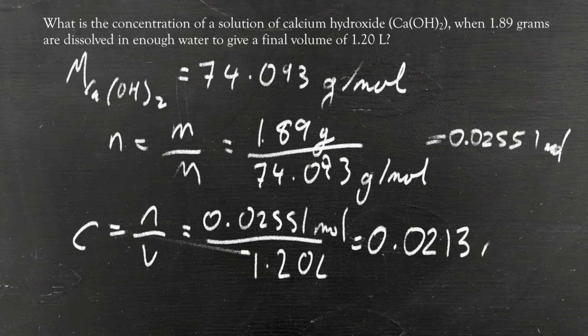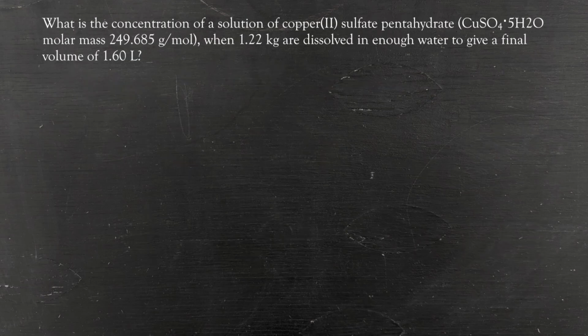0.0213 moles per liter. So let's do one last practice question where we are dissolving a solid to find a concentration. In this case, we're going to deal with some larger quantities of material. The species being dissolved is copper(II) sulfate pentahydrate, and we've been told that it has a molar mass of 249.685 grams per mole. And 1.22 kilograms are going to be dissolved in enough water to give a final volume